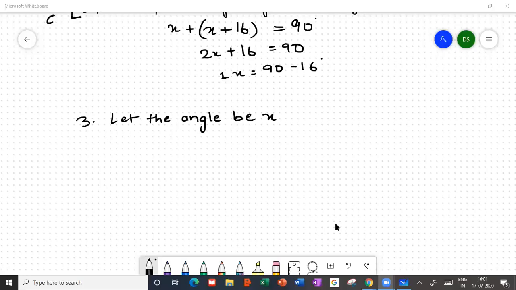Okay, so I was talking about the third question. So let the angle be x. This is how you write it. Ma'am, we cannot see the whiteboard. Ma'am, we can't see your screen. Oh my god. Okay. One second. Yeah. Now,